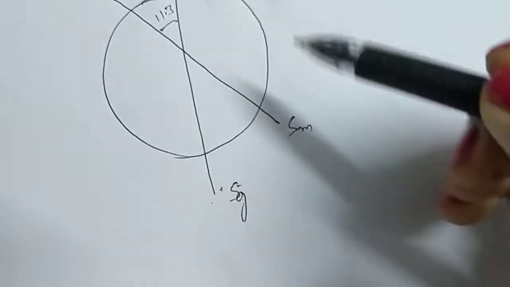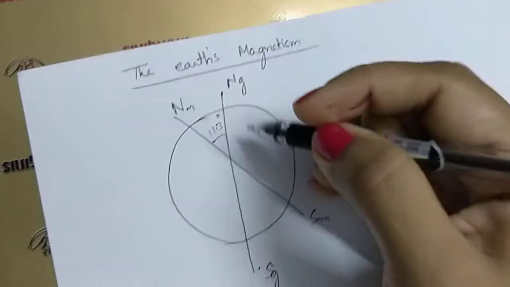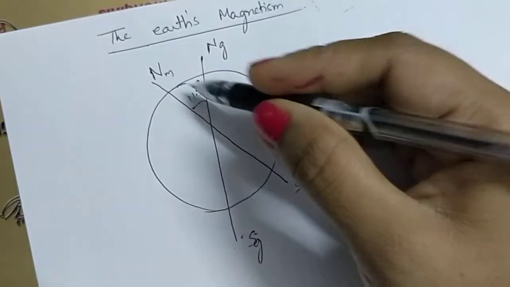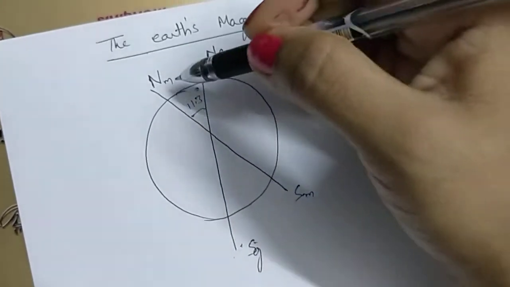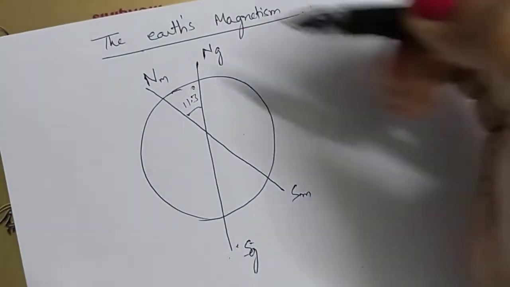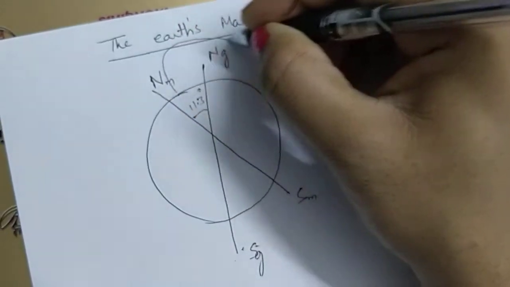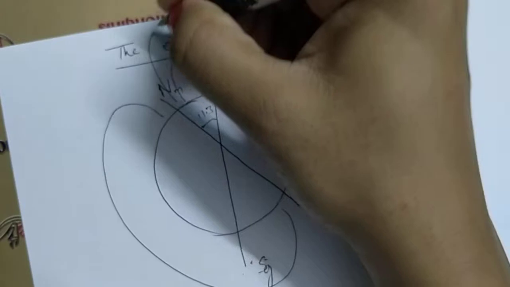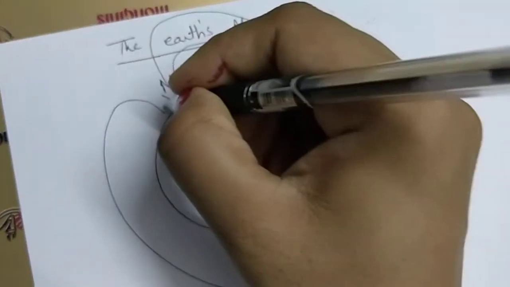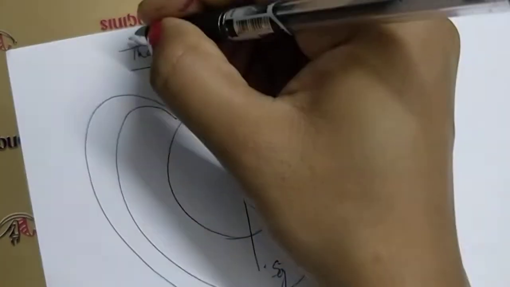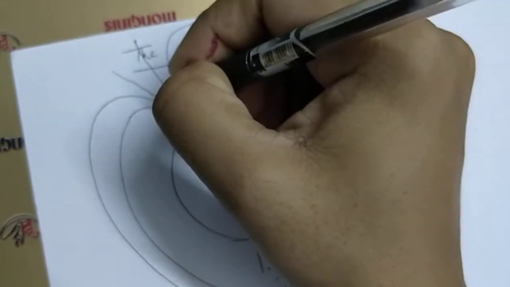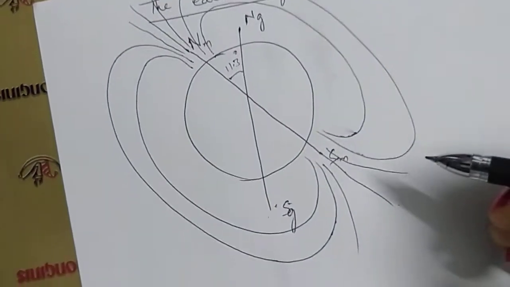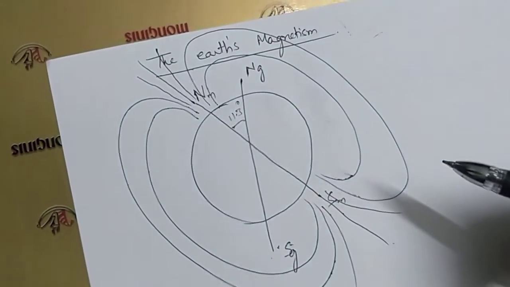Now, if I have to draw magnetic field lines, whenever we have a North Pole and a South Pole, it's like a bar magnet, right? So the magnetic field lines will come out of the North Pole and enter the South Pole. So if I have to draw, it will be this way. What I'm drawing is a magnetic field line, and they don't intersect each other. Now, with the help of a compass needle we can find out the direction of the magnetic field line.